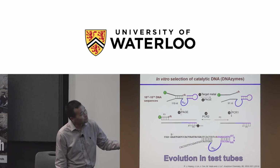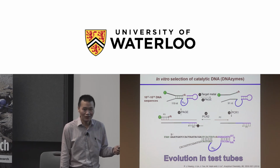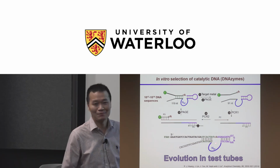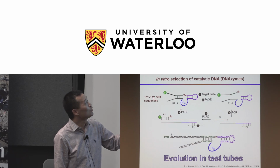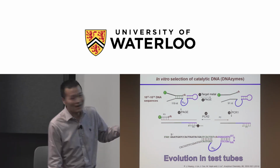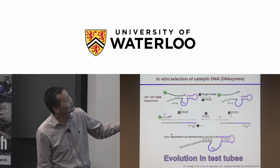So here we have 50 nucleotides. It's random, so each position can be A, T, C, or G. With 50 of them, we have the possibility of 4 to the 50th. This is a huge number. In the lab, we cannot make that many. We make about 10 to the 14th. This is still a very big number. We just hope that within these many molecules, maybe we're lucky, we have 1, 2, or a few of them that are active. So we can add a target molecule, or metal ion in this case,